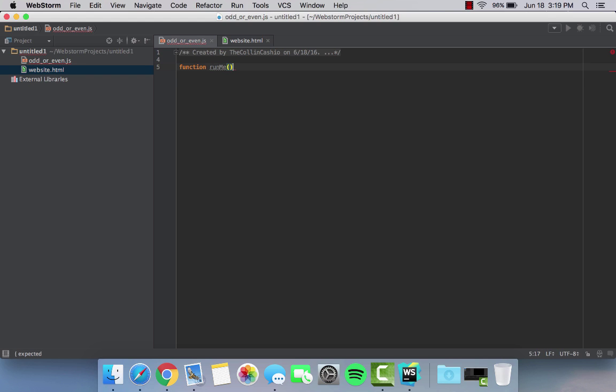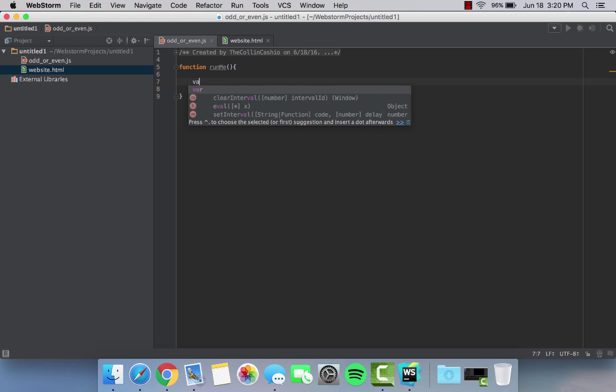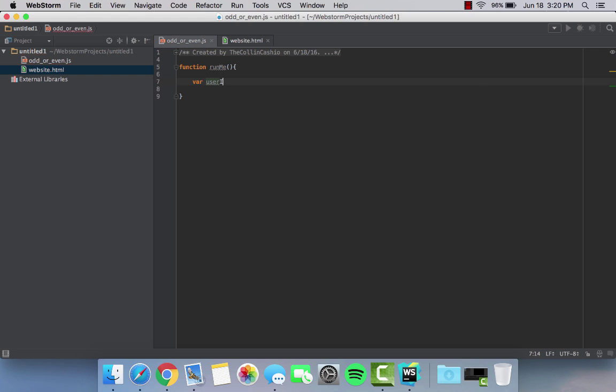Alright, so now in this function, what I think a good interactive test would be, just to show you how to make it, is to determine whether a number is odd or even. So get the user to input a number, and then the site tells the user whether it's odd or even. It's a good test too, because you can easily see whether the number's odd or even. Alright, so we're going to need to make a variable to hold the user input. So variable user input equals